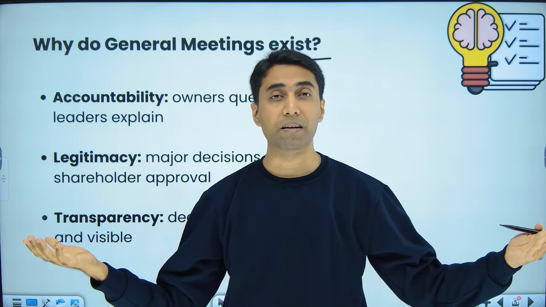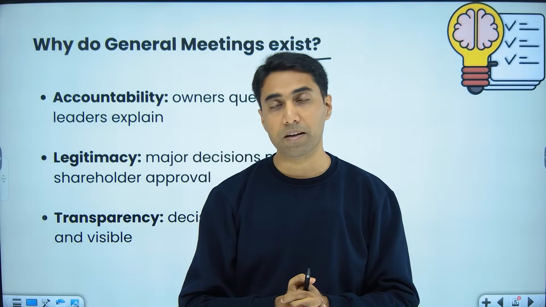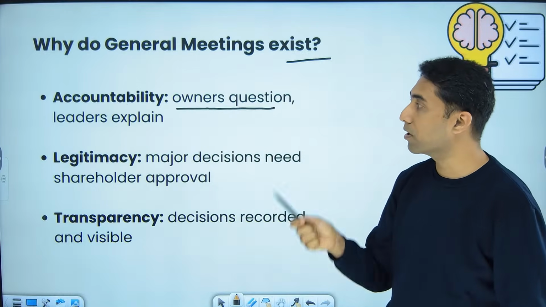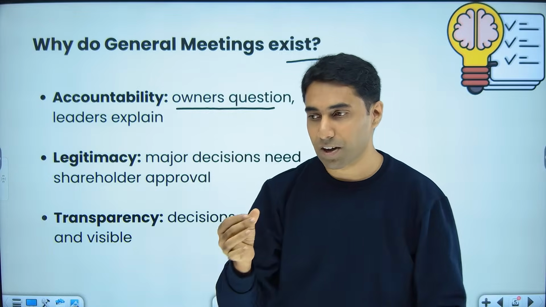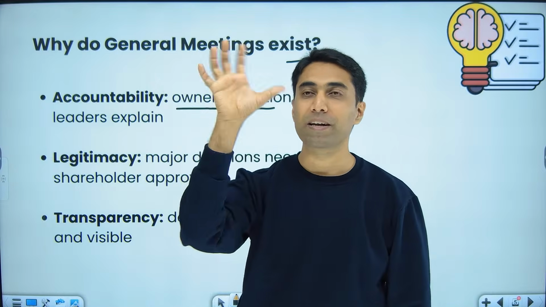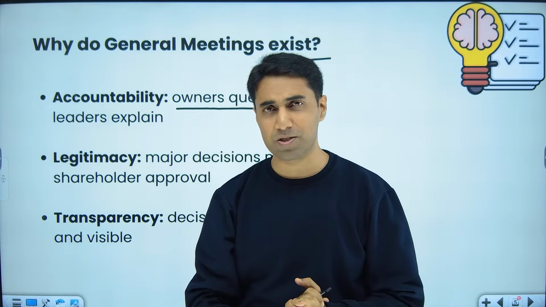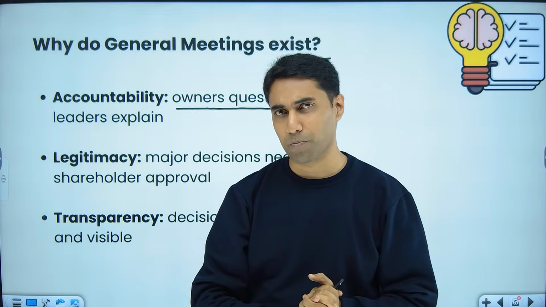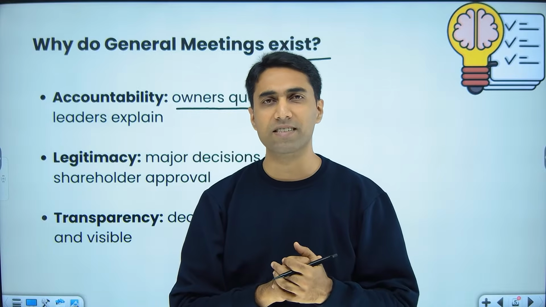First thing is, when there are multiple people, you need to have accountability. People should take responsibility for their actions, and that is why the first reason is accountability or ownership. And also the leaders should explain. Recently, one video went pretty viral on social media where there was a company annual general meeting and one of the shareholders were asking very difficult questions to the board. Okay, and he made all kind of allegations against the board, and in the end of that video you can see one of the board members will ask, how many share does this shareholder have?